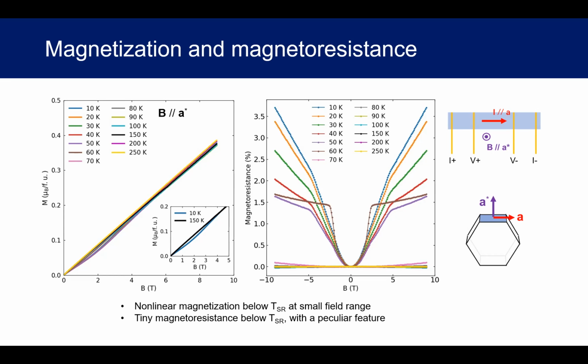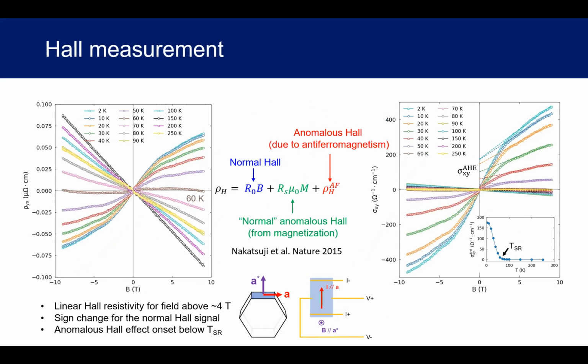Above this spin reorientation temperature, you can see that the magnetic resistance is nearly negligible. But below this spin reorientation temperature, you can first see some parabolic response, then follow up the linear response. But overall, this magnetic resistance is quite small, only about several percentages, up to 9 Tesla. But if you transfer to the Hall geometry like this, you can immediately see some interesting features in the Hall